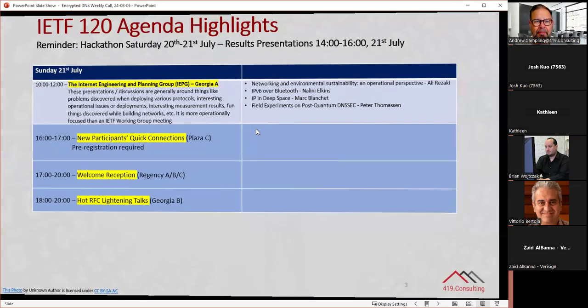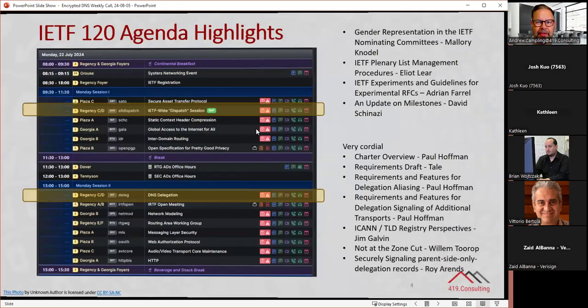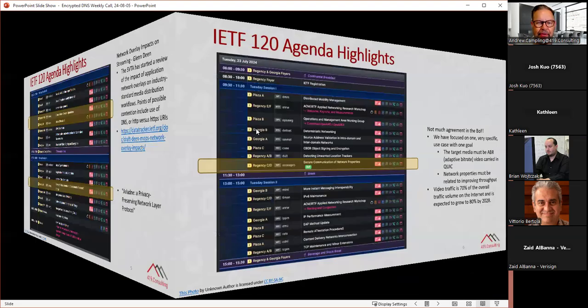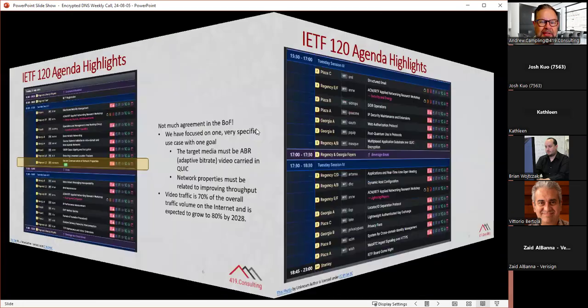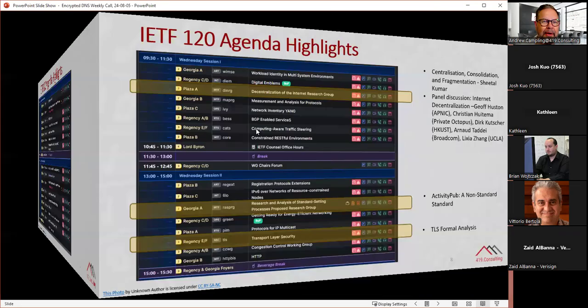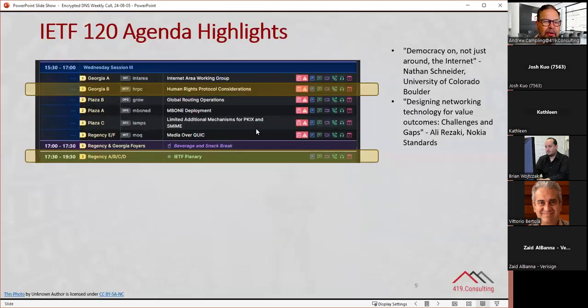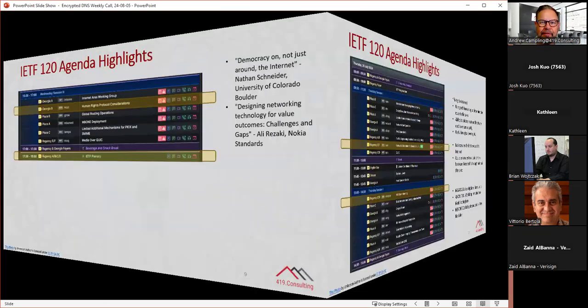What I'll do, I will just scoot through. I left the slides in from last week. I'm not going to go through all of these again because we've discussed them. If you remember, last week we got as far as Wednesday in terms of reviewing the agenda and some of the highlights from the meeting.